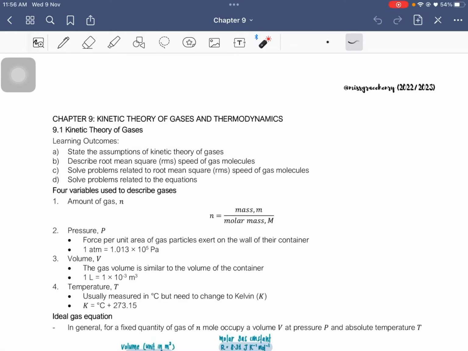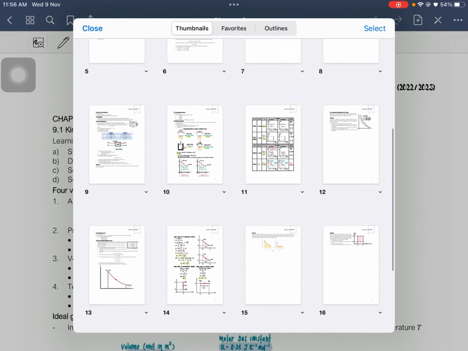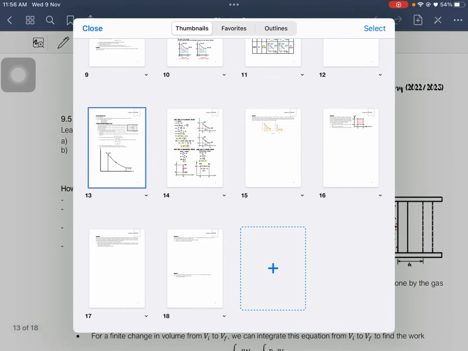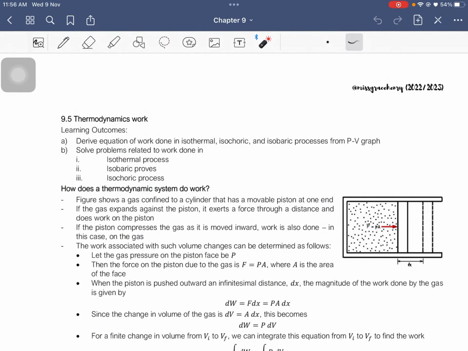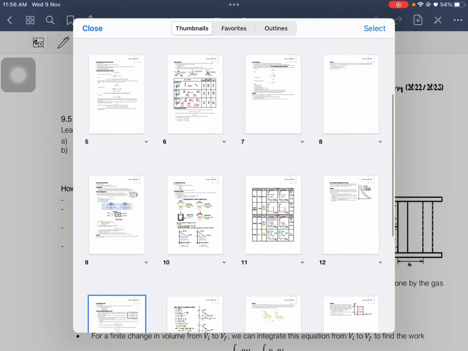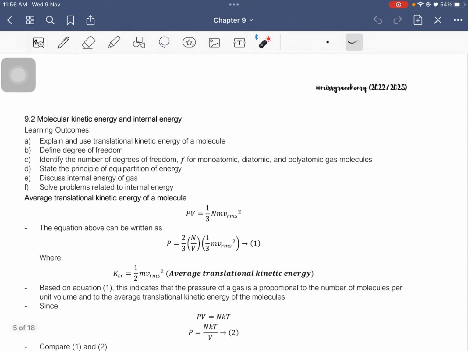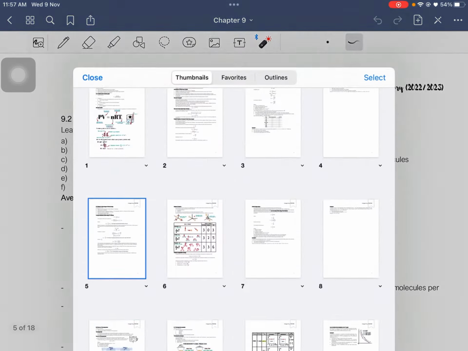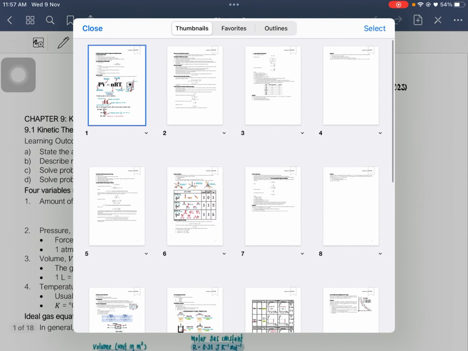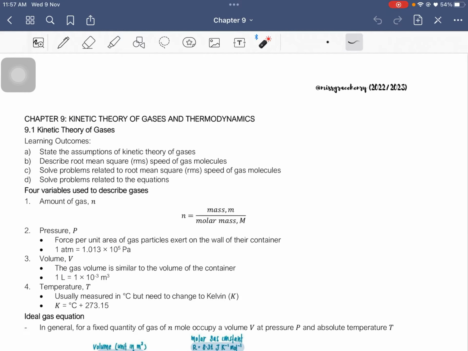Hello everybody, so today we will be entering our last chapter, which is on kinetic theory of gases and thermodynamics. I think there are four subtopics, if I'm not mistaken. There probably is four. Oh, sorry, there are five subtopics in this chapter. So this is quite a long chapter because this is actually a combination of two chapters from the previous syllabus lah. Okay, so let's look at the first subtopic,